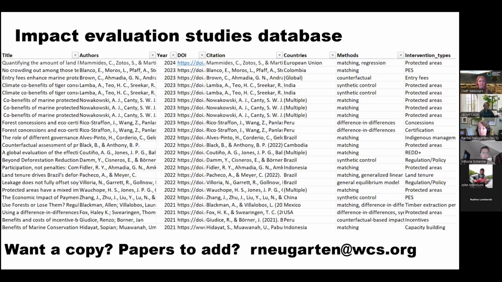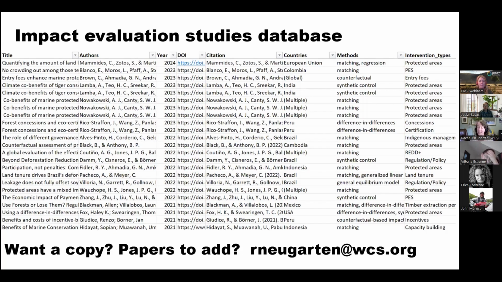I categorized all the papers by their location. So what country or countries did they cover? What methodologies did they use for the impact evaluation? What intervention type were they evaluating? And I was quite broad. I wasn't focused on any particular intervention type. And I looked at what kinds of outcomes they were evaluating, whether it was environmental, ecological outcomes, or socioeconomic outcomes, or both. A small subset of studies looked at both. And what the direction of the effect was, the actual impact. Was it positive or negative, or was there no statistically significant effect, or were there mixed effects?